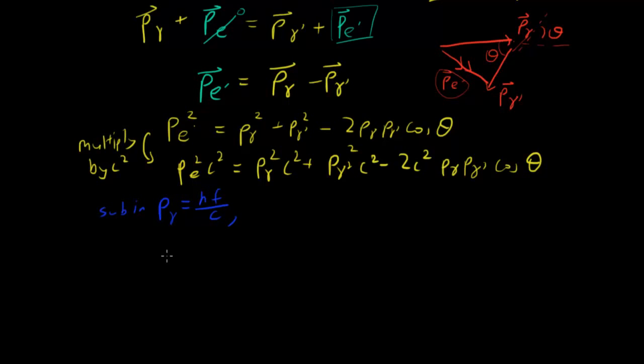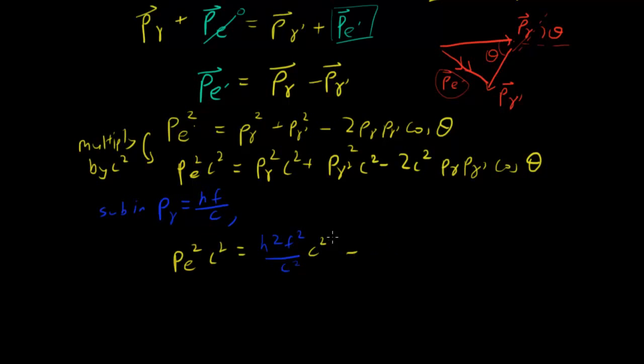So p e squared c squared equals, and let's sub it in, h squared f squared over c squared, squared because I squared the whole thing, times c squared, plus, we do it again for this, we get h squared